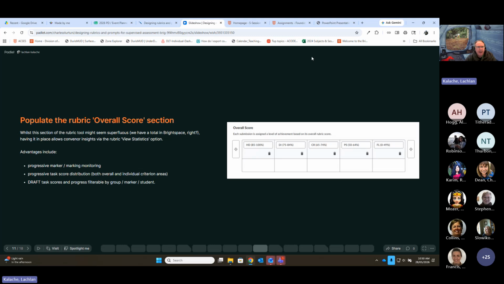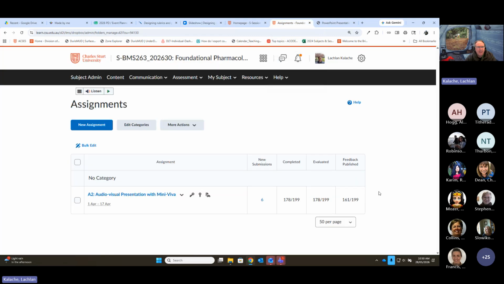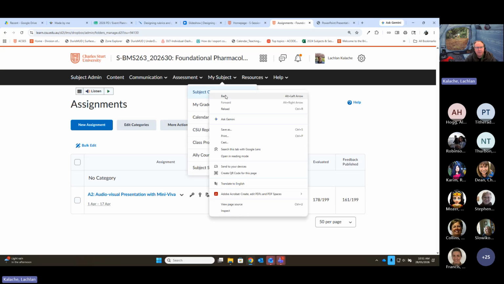So let's look at a subject. We have BMS 263, which is run in session 30. We have a supervised assessment, which has happened here, where the artifact that's been submitted is a voice over PowerPoint presentation, and the supervised component is a mini Viva which engages with it. There's the assignment portal. If we actually take a moment to look at the subject outline very briefly